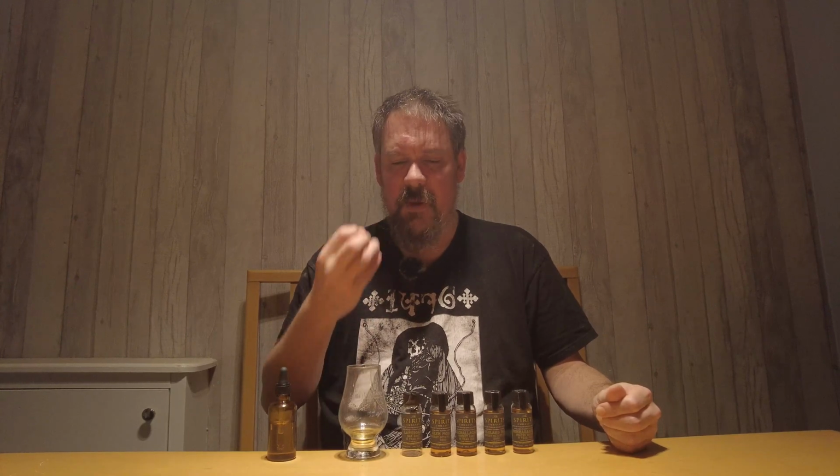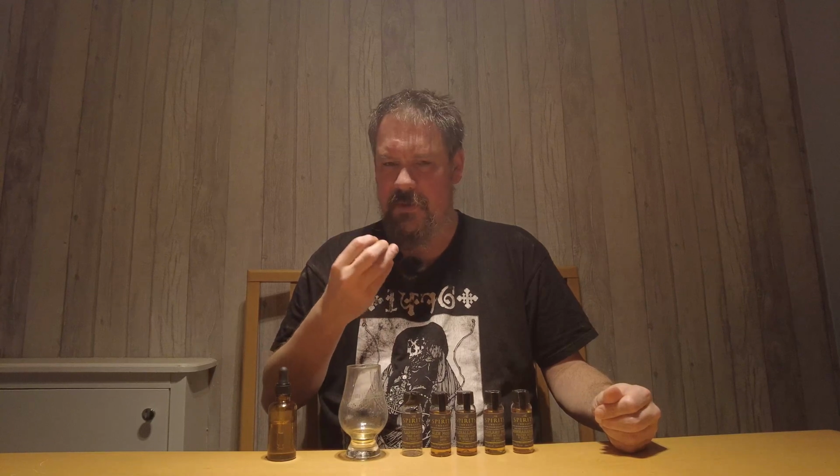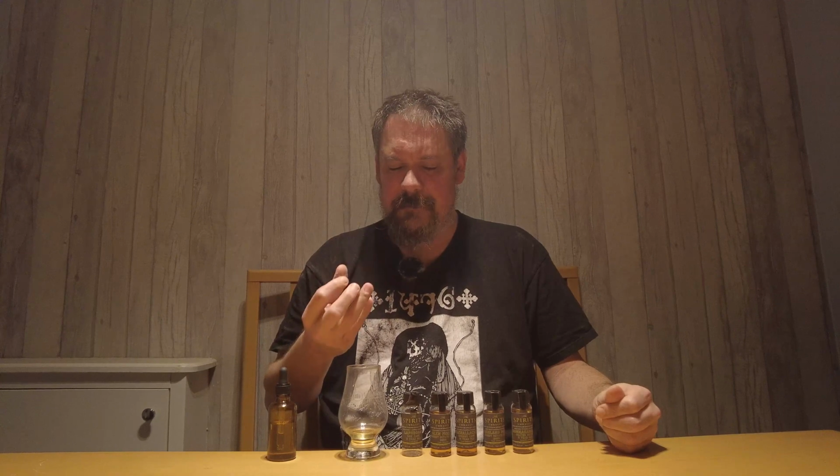On the palate, I think I'd prefer it with just a few drops of water. It's even more peaty and medicinal on the finish. There's more TCP notes, more of that medicinal quality on the end. So the palate initially, maybe not quite as oily like it is at its full strength, but still decent viscosity, greeted with lots and lots of medicinal peat initially, then some lime, lemon, more of that minerality, some lovely barley